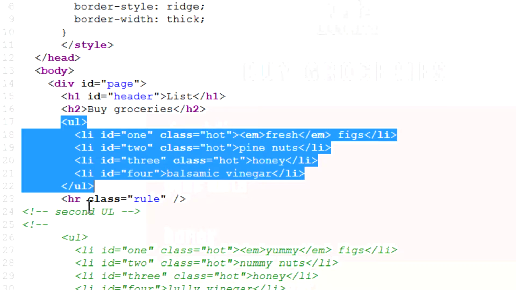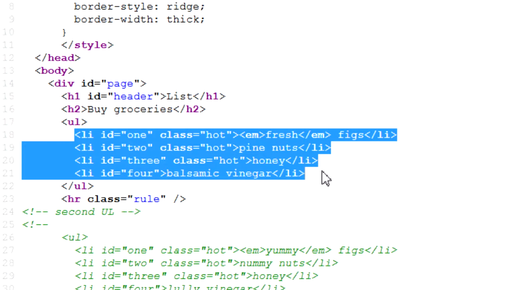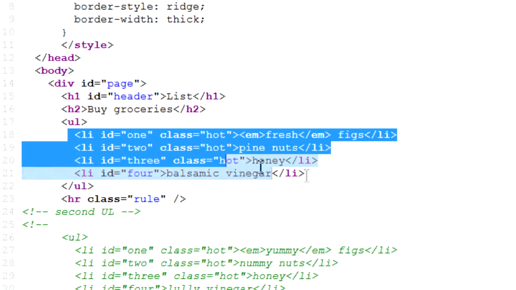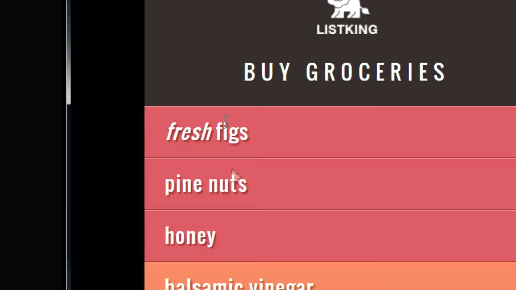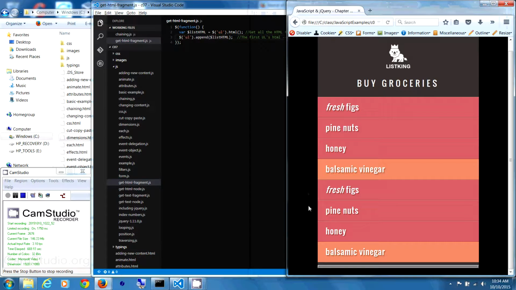I have a second one which I have commented out for now, but we grabbed these 1, 2, 3, 4 lines, and then we appended it back to the UL so that I would have the same content again. So I grabbed these 4, 1, 2, 3, 4, and appended it again, and we'd have again another 4 lines. So now I'm going to uncomment